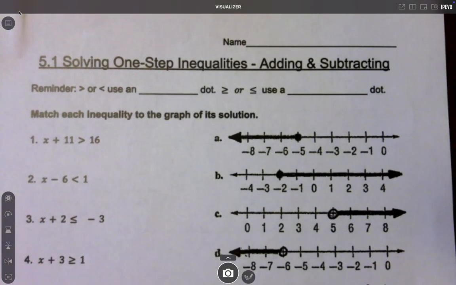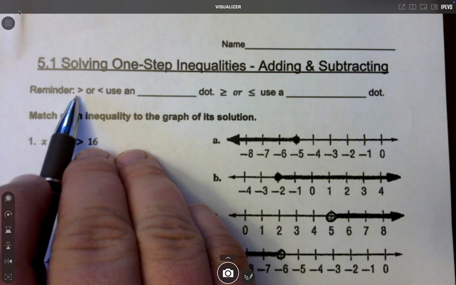We've been focused so far on equations. Now we're going to transition to inequalities, and we're going to focus first just on ones that are one step and require adding or subtracting. So it is vitally important when you are working with inequalities, remembering the difference between the greater than sign and